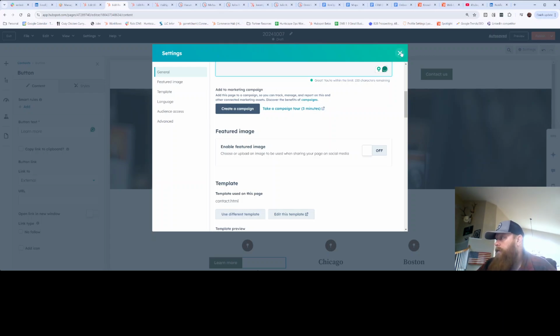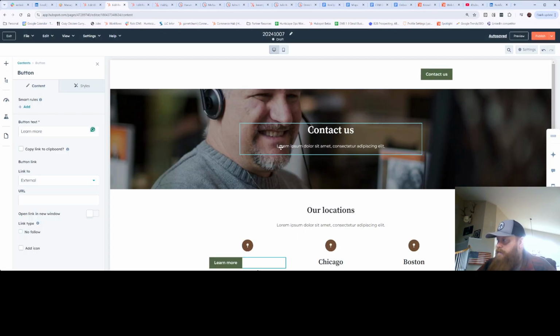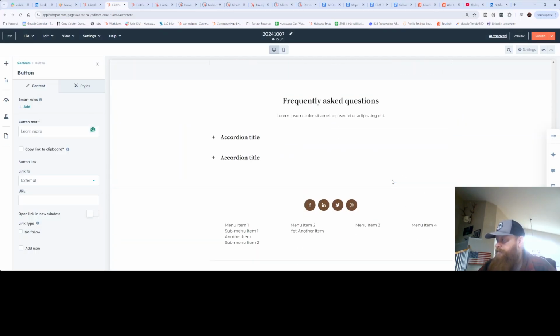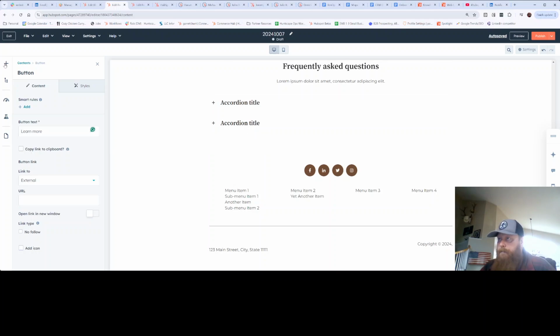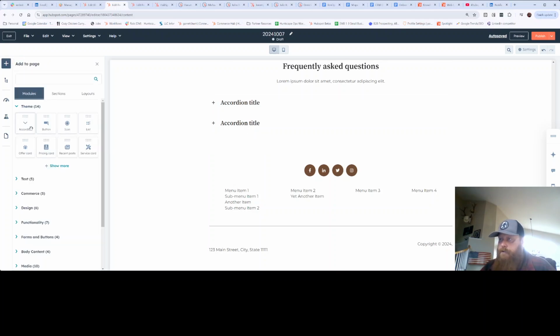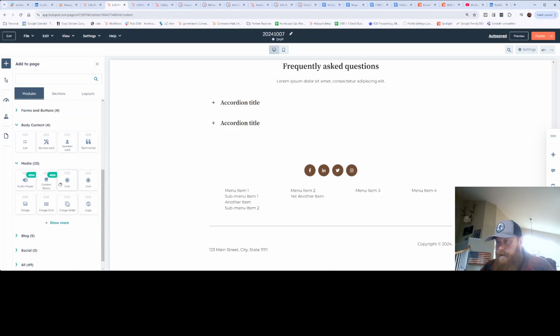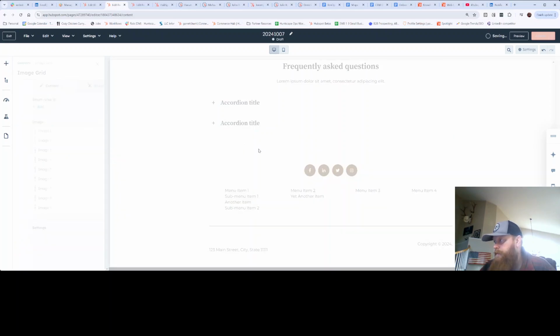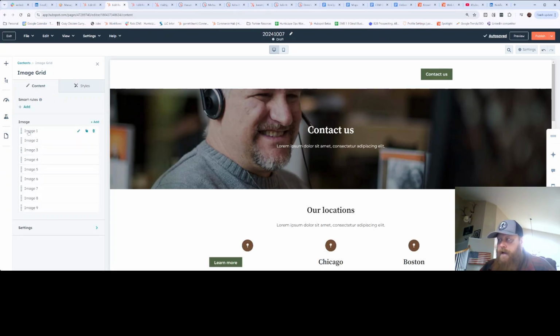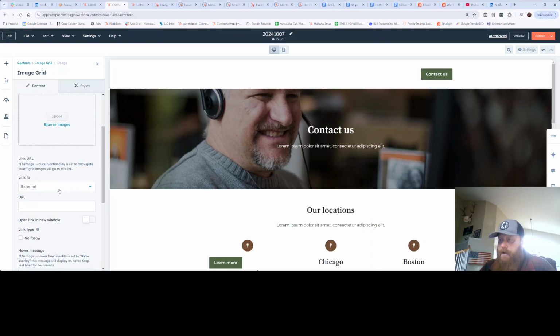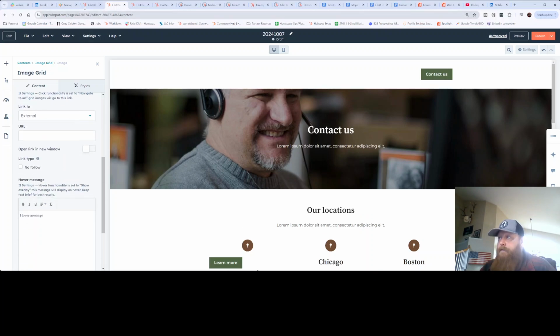Okay, the next thing is if you're adding images within your landing page, for any reason whatsoever, right? If you choose a section, body content, media, image grid, any image that you add. So say we add an image here, right? When you do that, it's going to have you